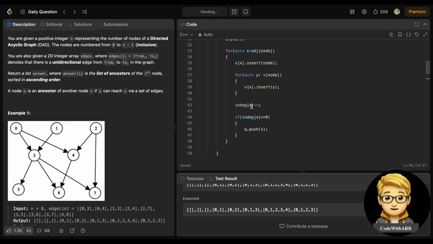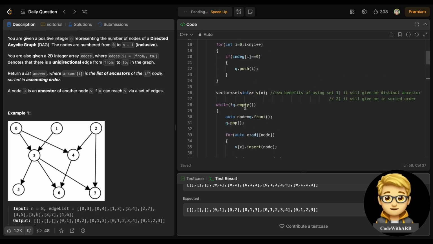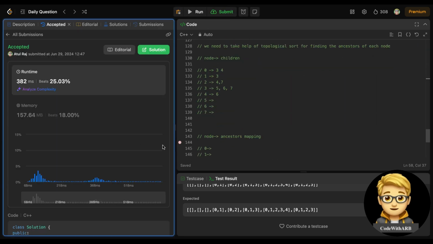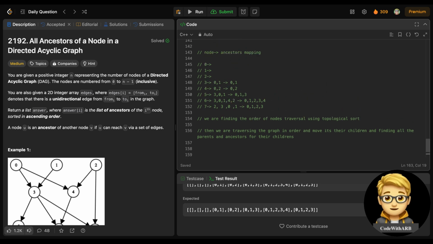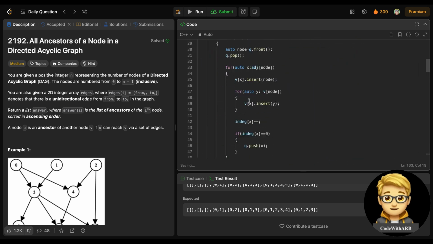Let's just submit it. So let's see if we have passed all the cases. We have successfully passed all the test cases. So if we include the time and the space complexity, if I see the time and the space complexity for this problem, basically the first thing we have done